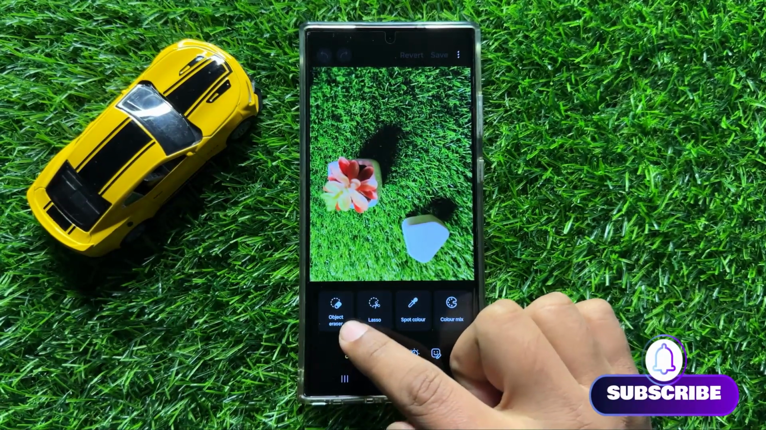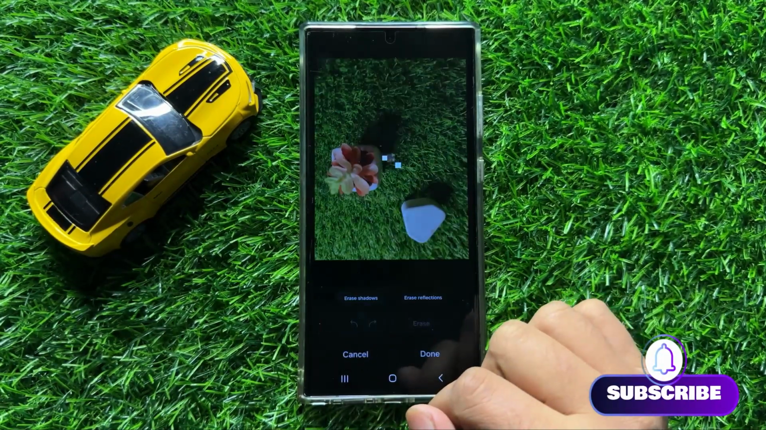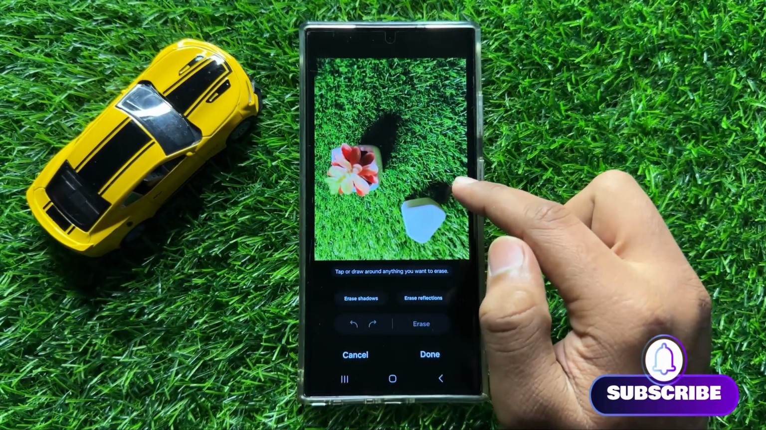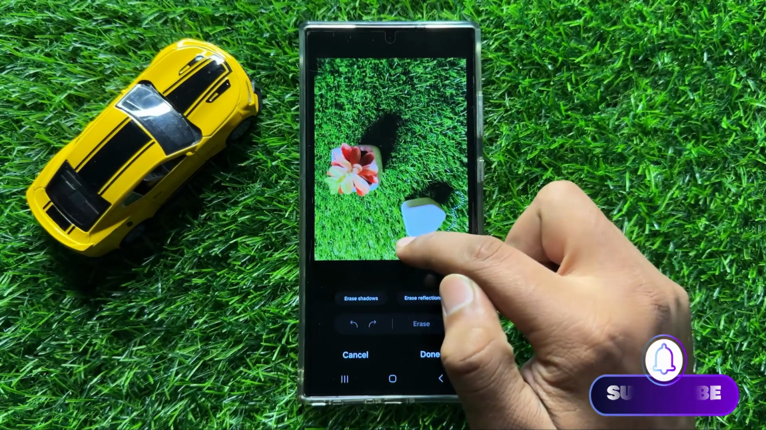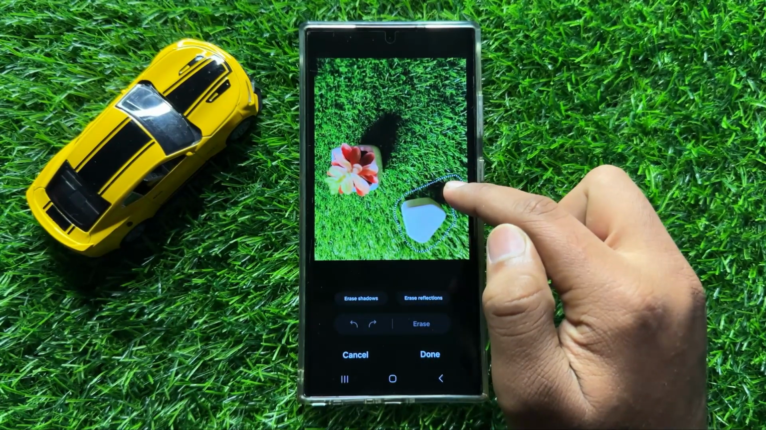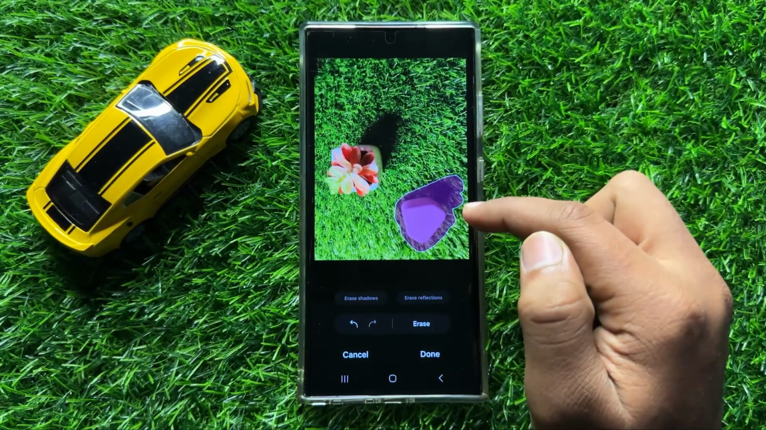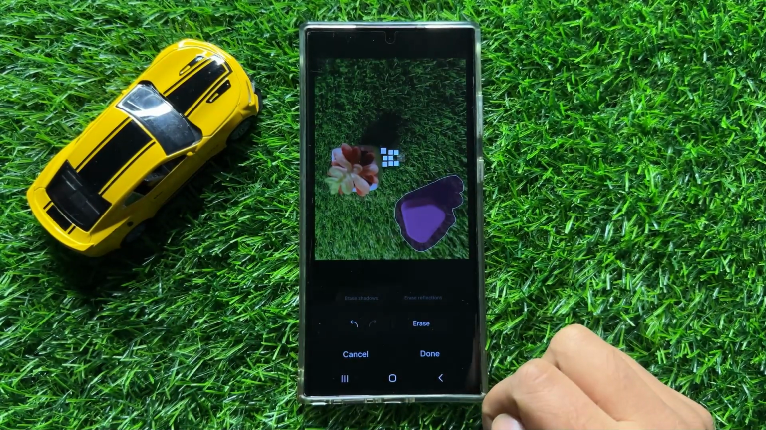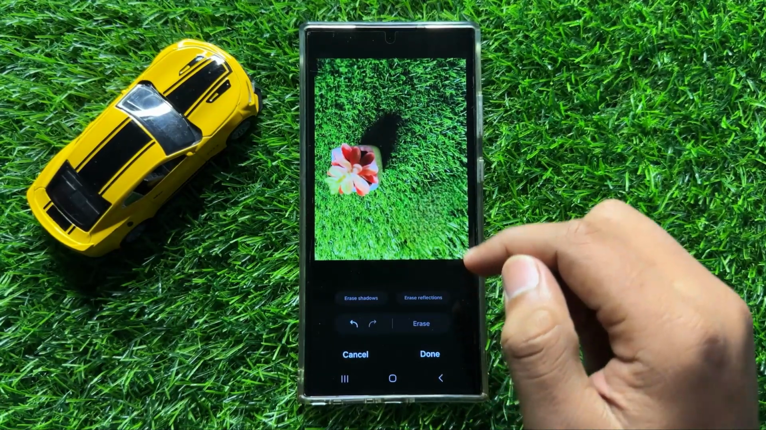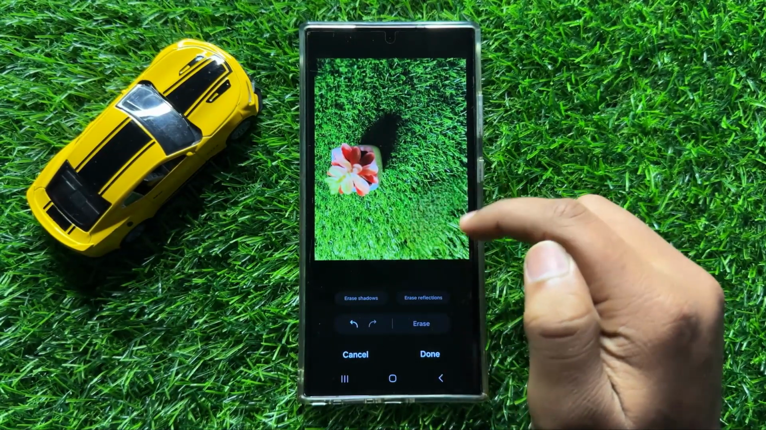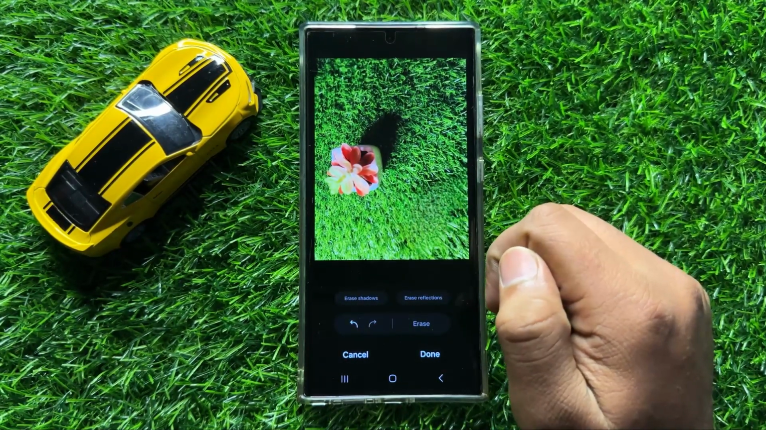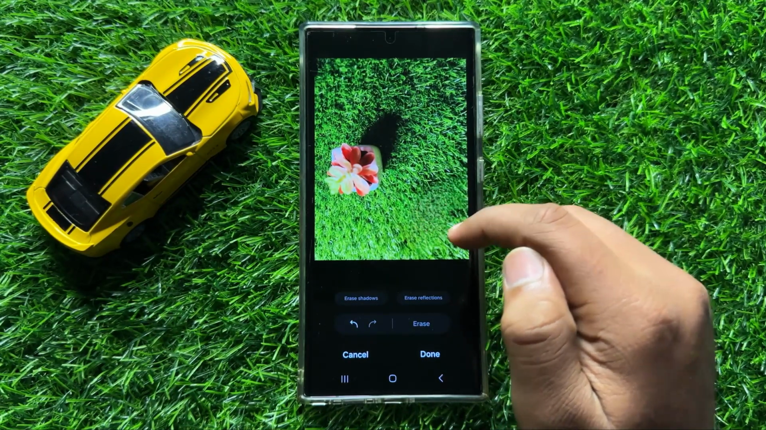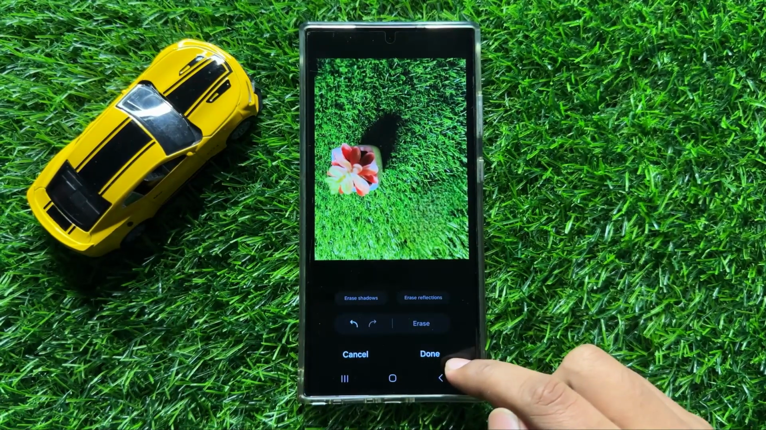Now here tap on object eraser and here just simply select the object you want to erase, and after selecting the object click on erase, and after a few seconds it will automatically erase that object from your picture. And after you are finished erasing the objects, tap on done to save changes